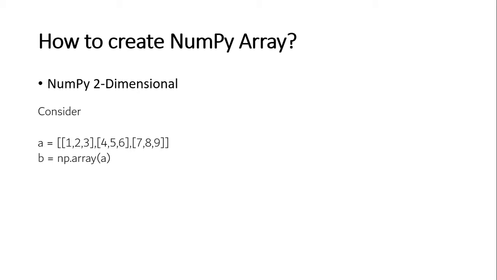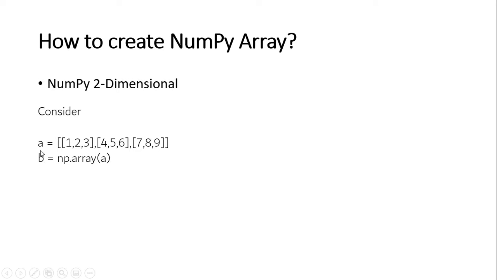How to create a two-dimensional NumPy array? Till now we have seen how we can work with a one-dimensional array. Now we will try to create a two-dimensional array, just like in other programming languages. In Python also we are going to do like this. This particular statement is going to create an array A with these three groups. Here you see, 1, 2, 3 are one dimension, 4, 5, 6 are one dimension, and 7, 8, 9 are one dimension. Means here we are working with an n-dimensional array.